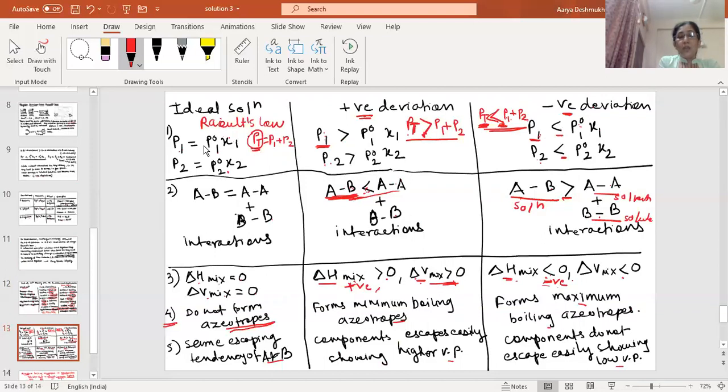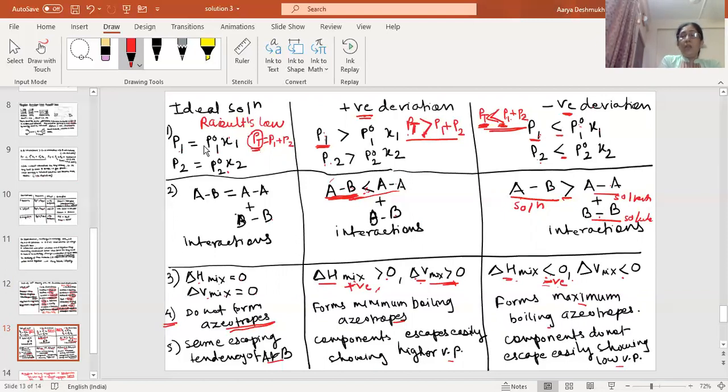So you can see here there is an inverse relationship between the total vapor pressure of the solution and their interactions. These are the interactions for the solution. If these have a smaller value, or smaller interactions between the solvent and solute molecules, that increases the vapor pressure of the solution. Remember, these are inversely related here.